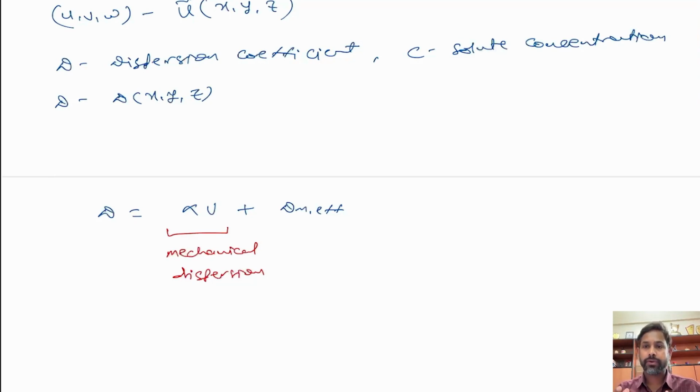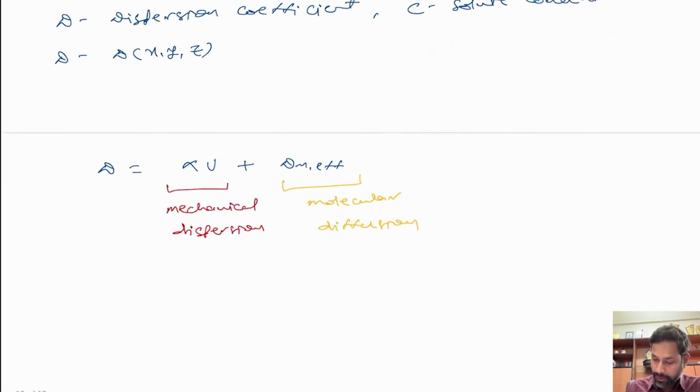Whenever fluid flow happens through this pore scale medium, there is mixing, or enhanced mixing, of a solute in the fluid, right? And what you see here is the molecular diffusion. Okay, and D here can be called the dispersion coefficient,